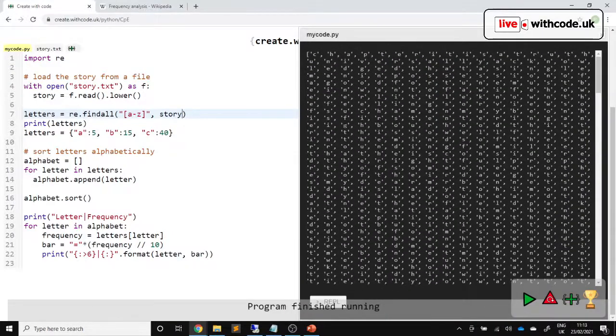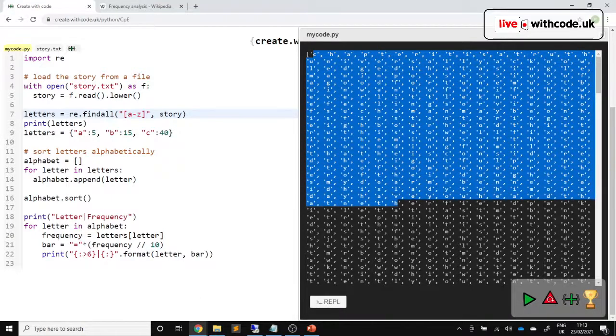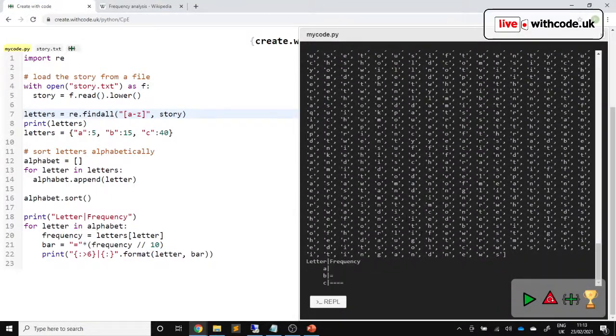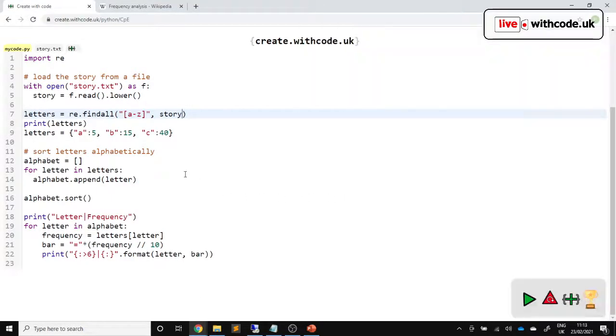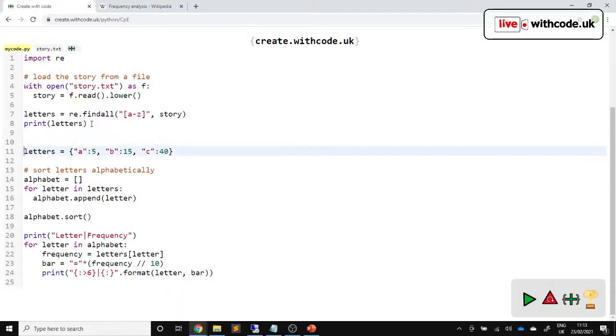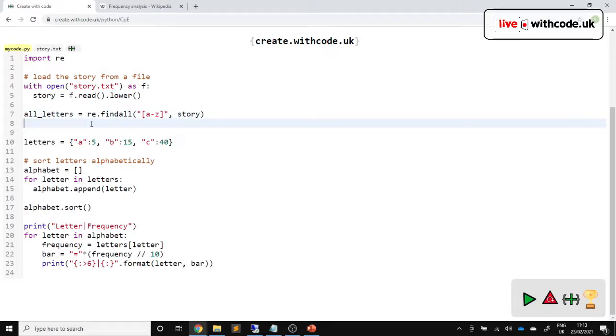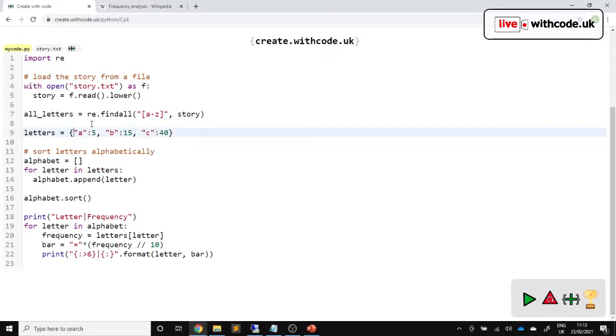So here it has found every single letter, but it hasn't kind of grouped them all together. It's just gone through a massive list and separated them out. We're getting a little bit closer, but we haven't got what we want yet. Now, it would be nice to make our dictionary. So we'll start with, so let's go for all letters. Let's start with an empty dictionary